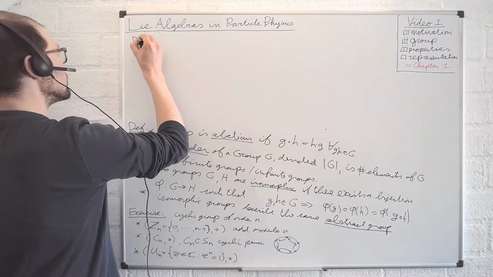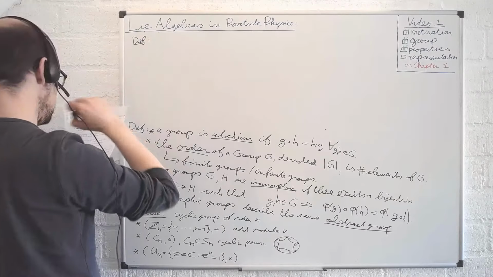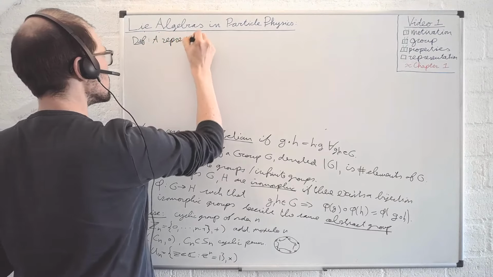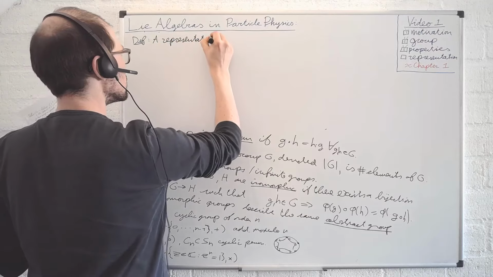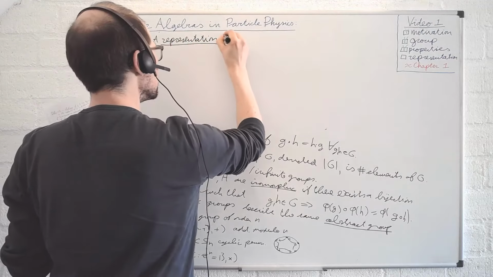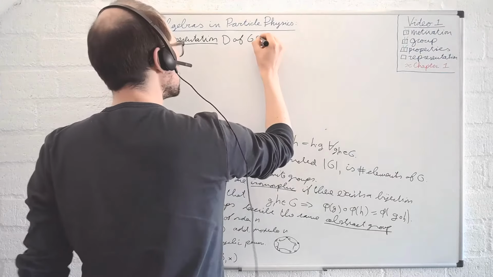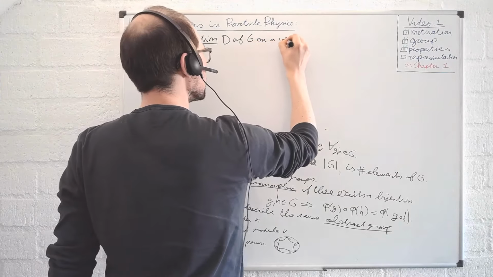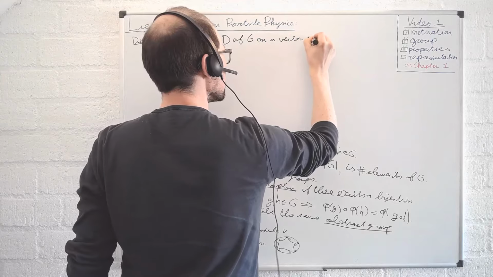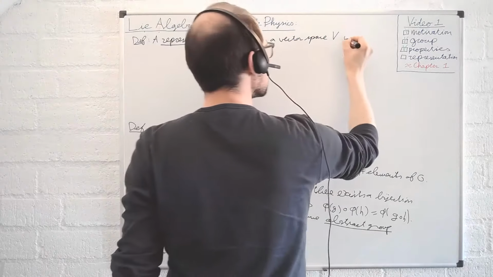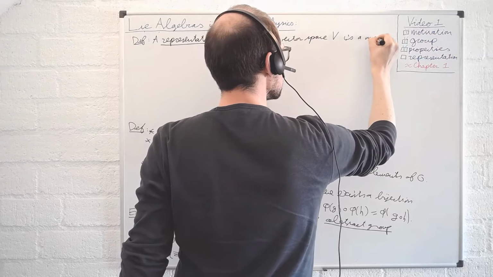So definition: a representation D of G on a vector space V is a map